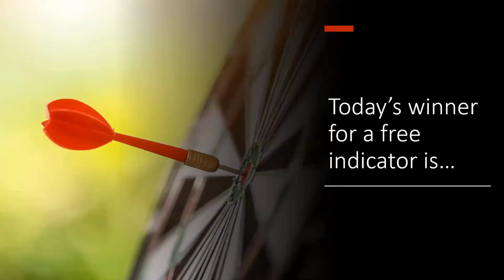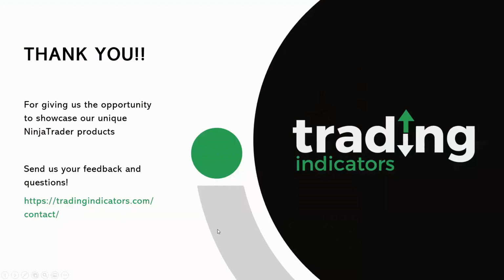Now, this brings me to the end of my presentation, and I believe we do have a little bit of time for questions. Homa, do we have any questions? Yes, we've had lots of good questions. I've answered some of them in chat, but I do have two that I'm going to discuss here. So one is from Ness, and the question is, can your indicators be used on range or Uni-Renko bar types?